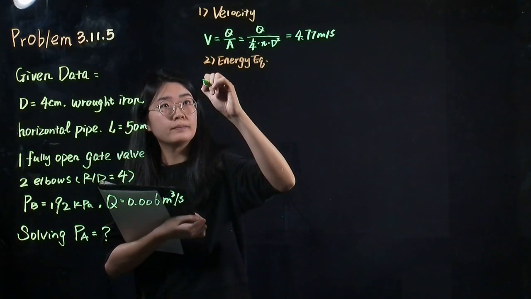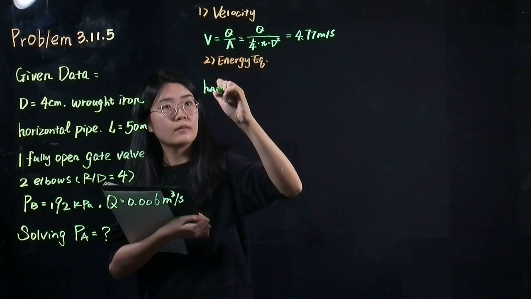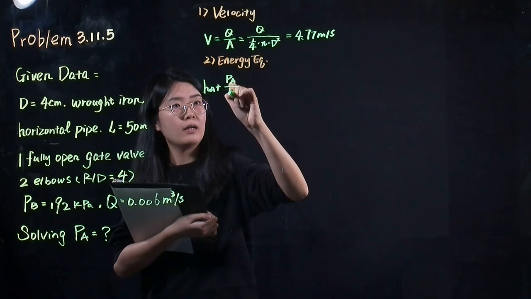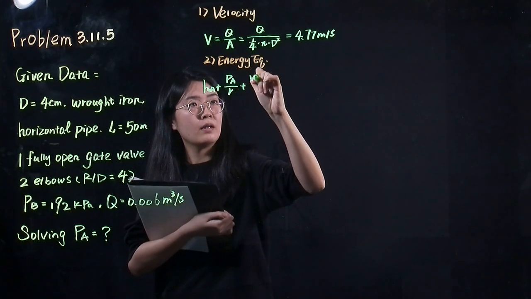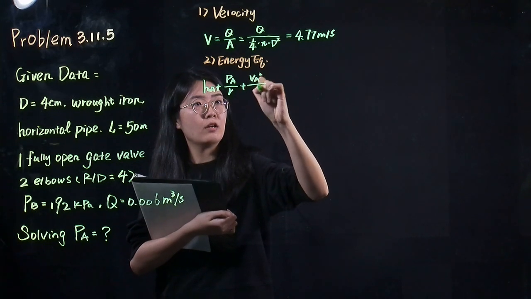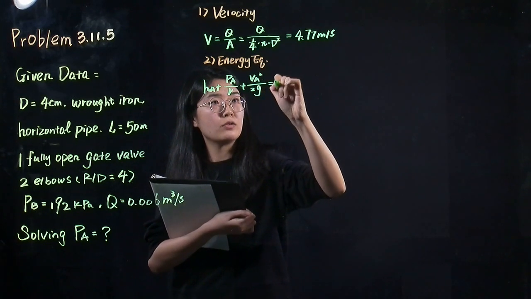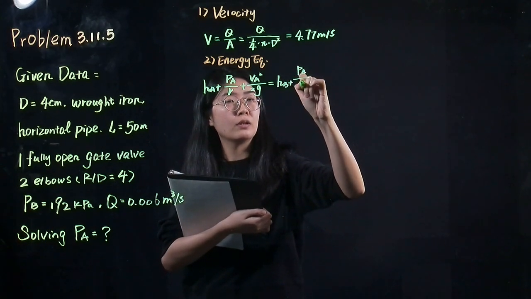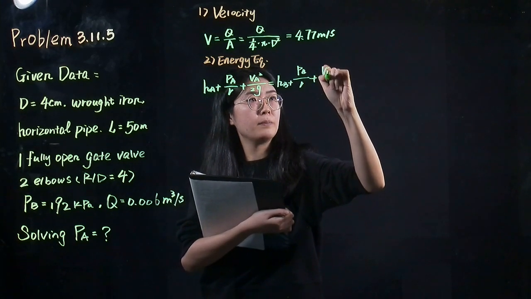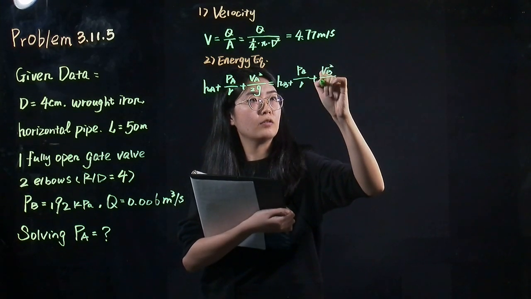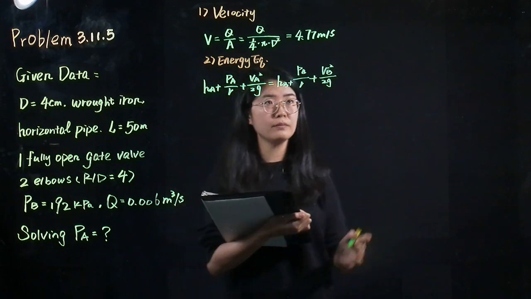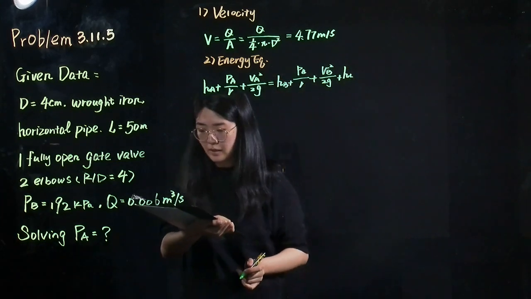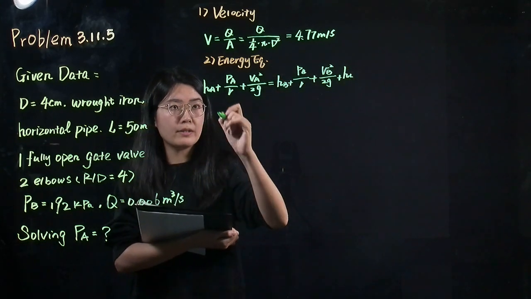So it would be HA plus PA over gamma plus VA squared over 2G equals HB plus PB over gamma plus VB squared over 2G plus the head loss HL. And because it is a horizontal pipe,